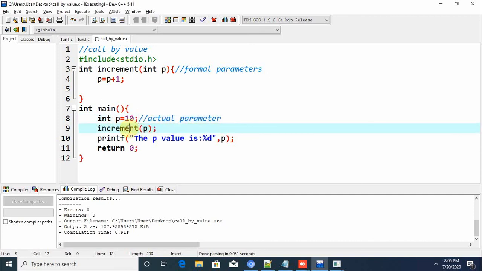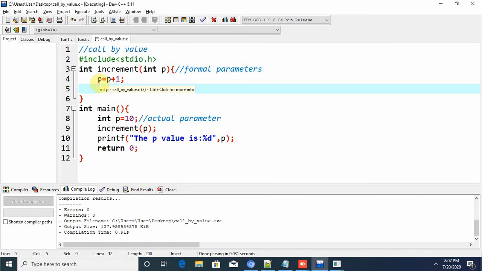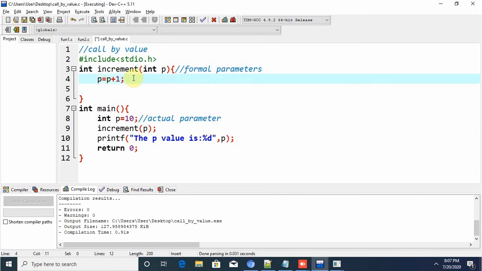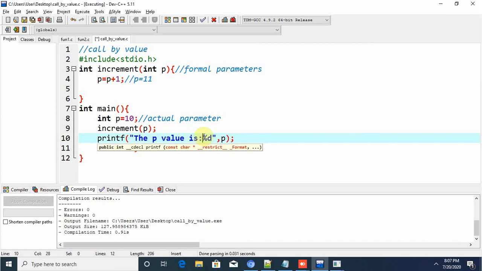So I'm calling this increment function, so that the P value, the 10, is carried to the function definition part, and it is getting 10 plus 1 equal to 11. Now the P value here will become 11. Am I right? But here in the main program, when I try to print the value of P, what would be the output?